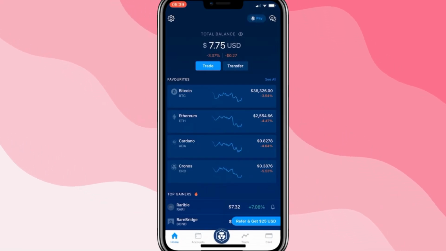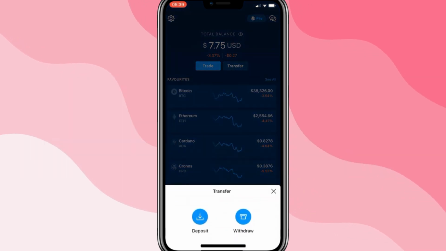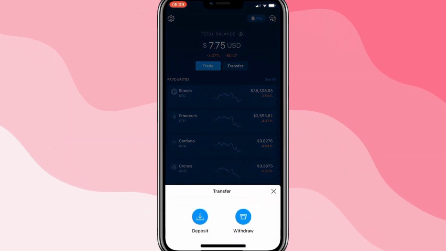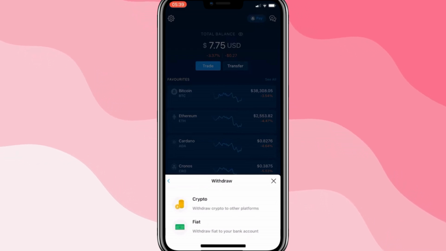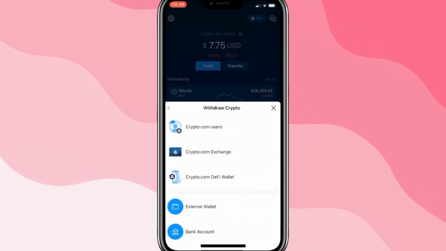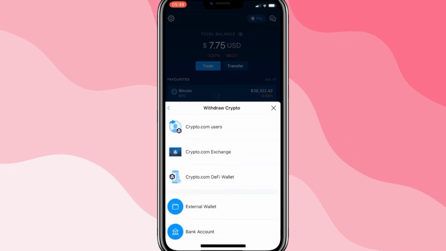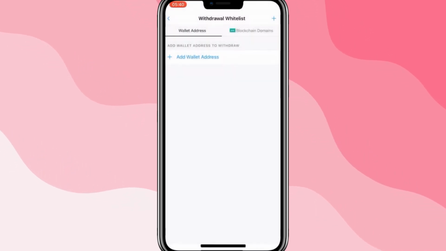In this video, we'll talk about how to transfer SHIB or any other crypto from crypto.com to Binance. So for this, go to crypto.com and click on transfer in the right bottom corner. Now click on withdraw and from there click on crypto. As you click on crypto, now click on external wallet. There we have other options too, but we will go with external wallet as we want to add a Binance